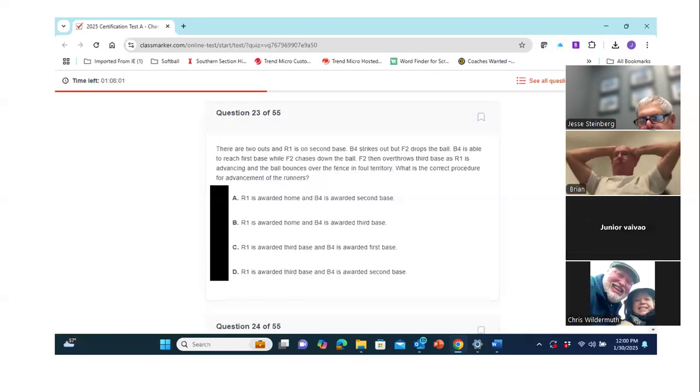Hit ball. First and third. You'd have first and third because it's one base at the time of the pitch. Because neither batter had gone past the base they were at, home and second, at the time of the pitch, you're going to give the batter first base and the runner third base. And that coach is probably going to come out and scream. So, yeah. Okay, moving on.